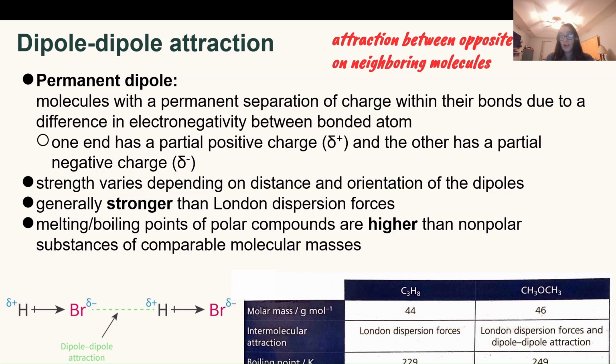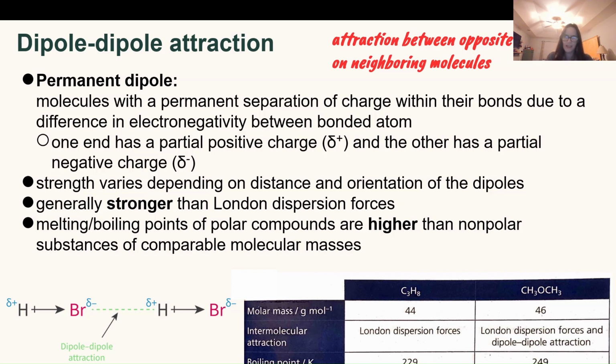So dipole-dipole attractions can only occur in polar molecules. You see here the difference is 229 Kelvin versus 249 Kelvin in the one with the dipole-dipole bonds. Sorry, and I apologize if I say bonds when I mean intermolecular forces. It's kind of a nuance, but intermolecular forces are not bonds, okay? Bonds are only characterized by intramolecular forces or interatomic forces like ionic, covalent, metallic. Anything else is not technically a bond. Some people call them intermolecular bonding. That's okay, but I would rather call them a